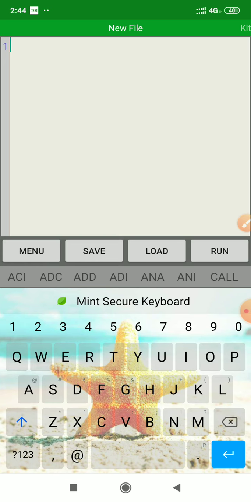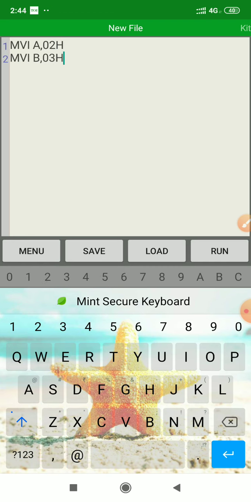So we will start writing the instructions: MVI A, 02H, MVI B, 03H.